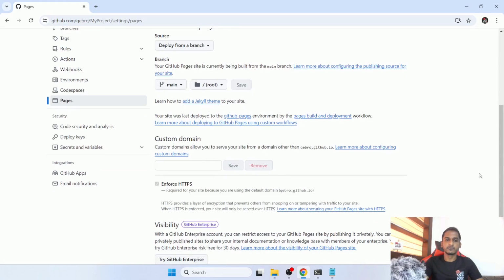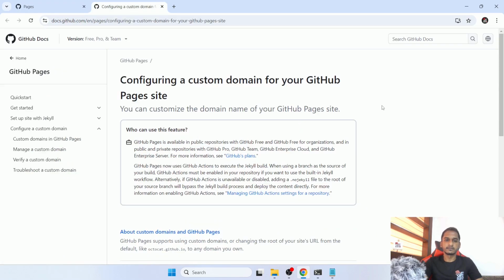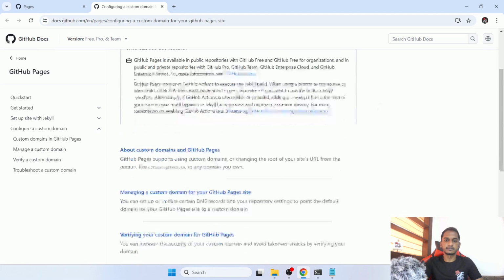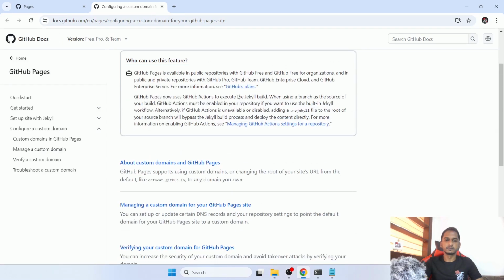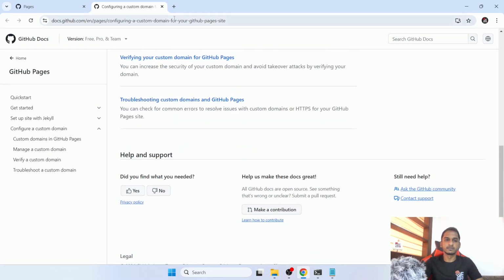But again, if you want to, let's say, have a custom domain. So currently what we have is qvbro.github.io. So it has this github.io. So anyone will know that, okay, this is hosted from GitHub because you have the subdomain from GitHub. But if you need a custom domain, you can buy a custom domain. Here there is a link where you can learn more about how to configure the custom domain for GitHub Pages sites. You can buy a domain from here as well,